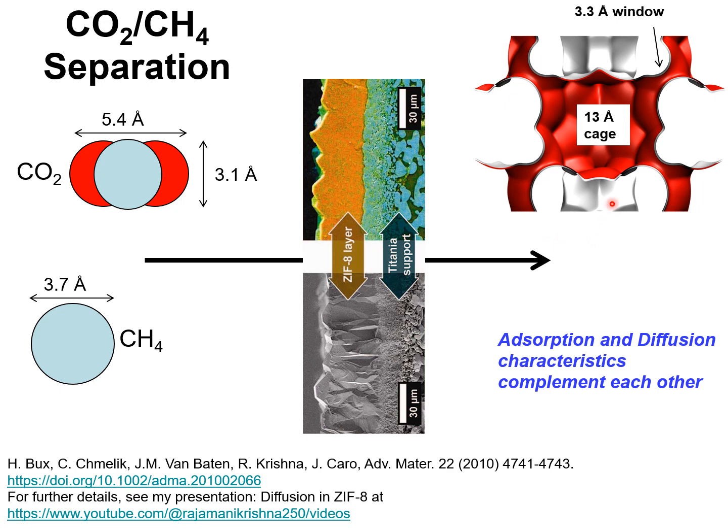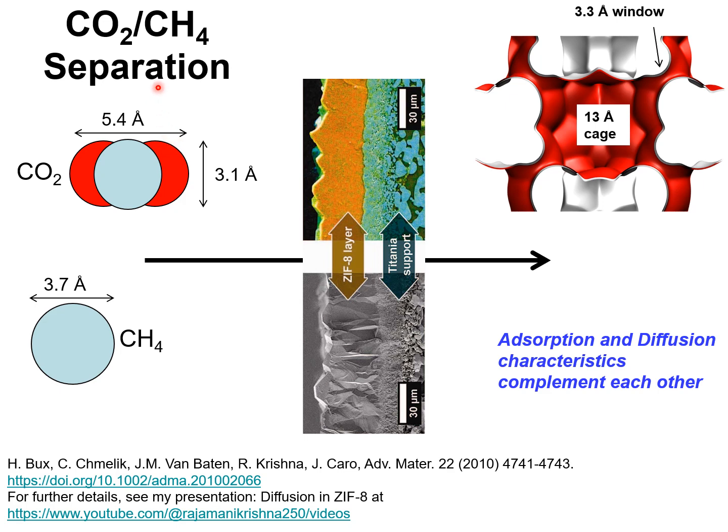Take the example of a ZIF-8. It consists of cages of 13 angstrom in diameter, and each cage is separated from adjacent cages by narrow 3.3 angstrom windows. These windows are flexible, and this flexibility allows molecules that are slightly larger than 3.3 angstrom to pass through these windows. Typically, the membrane would be constructed of thin layers of about 50 microns on a support, which is macroporous. In this case, say a titanium support. And ZIF-8 is a